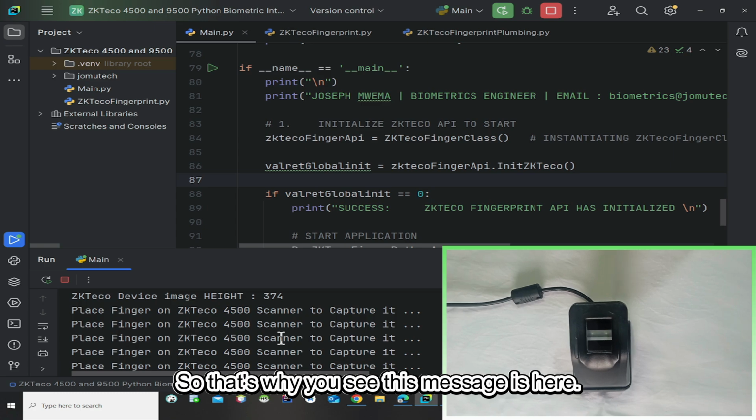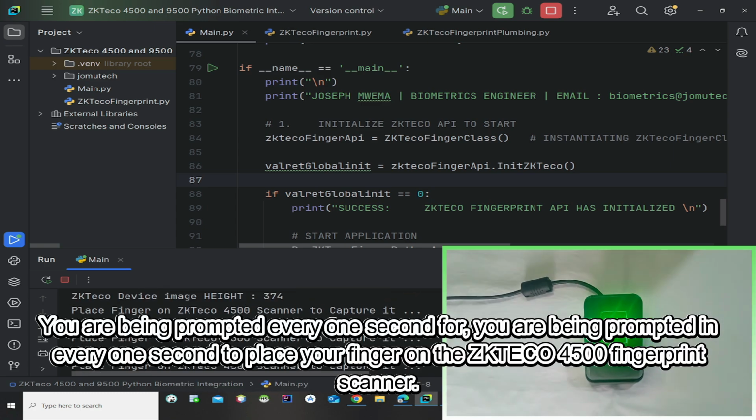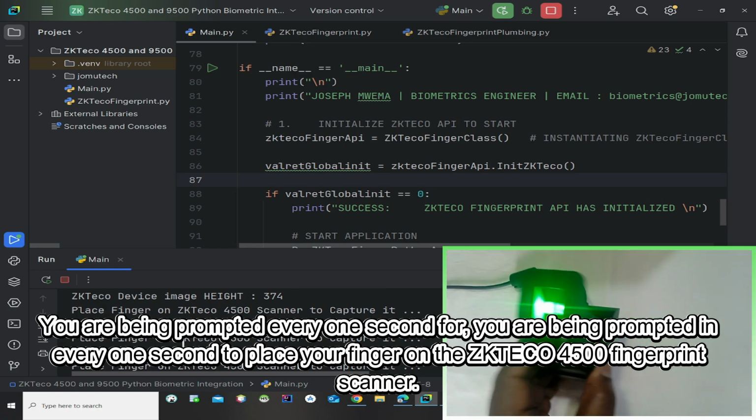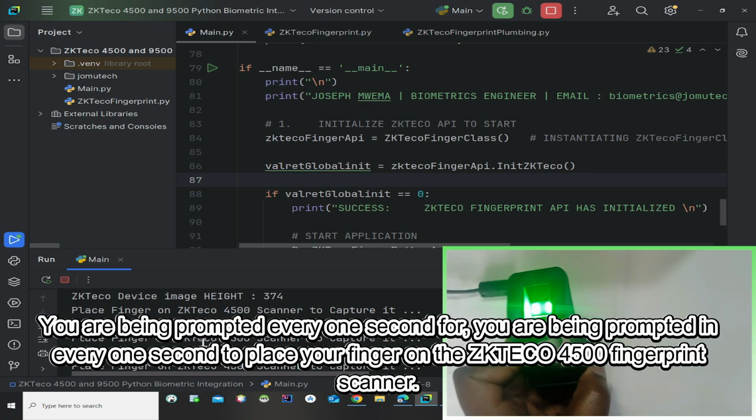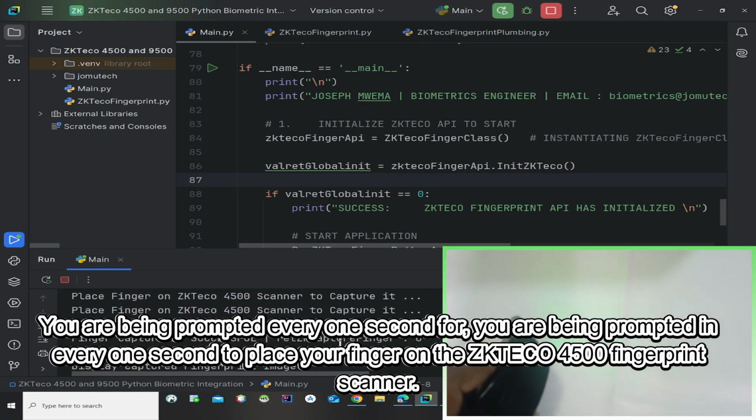So that's why you see these messages here. You are being prompted every 1 second to place your finger on the ZK Teco 4500 fingerprint scanner.